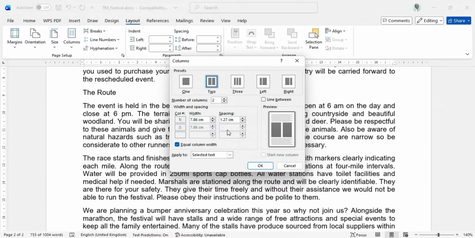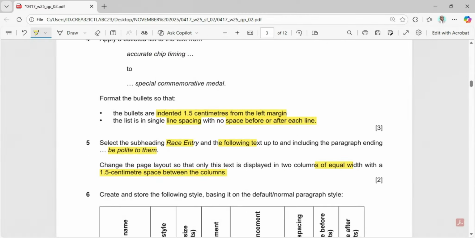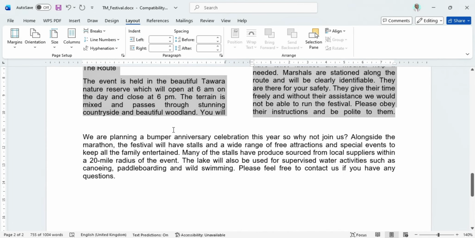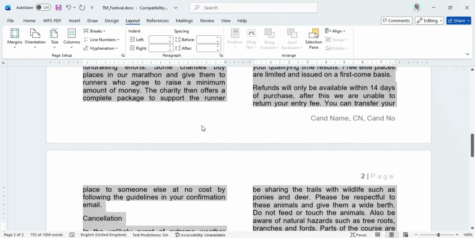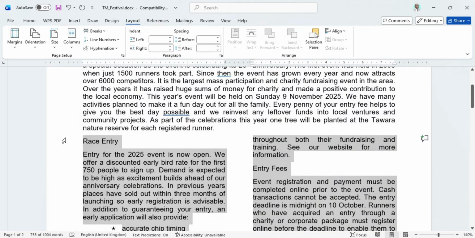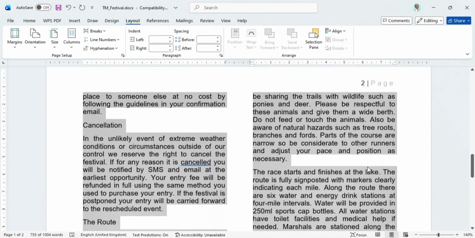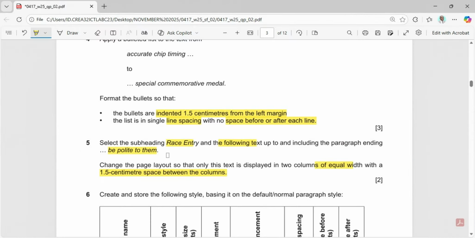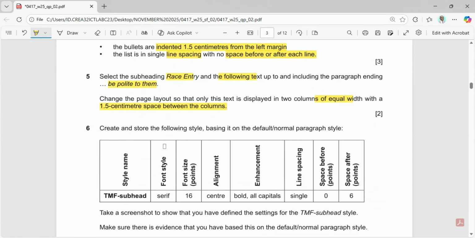It should be 1.5 centimeter of equal width. So you come here, spacing 1.5 centimeter, of equal width, and you can see that they did not say a line between should be there. So then you say okay. You realize that it only affected the portion we selected, to where we ended the selection, be polite to them. Then the next one is